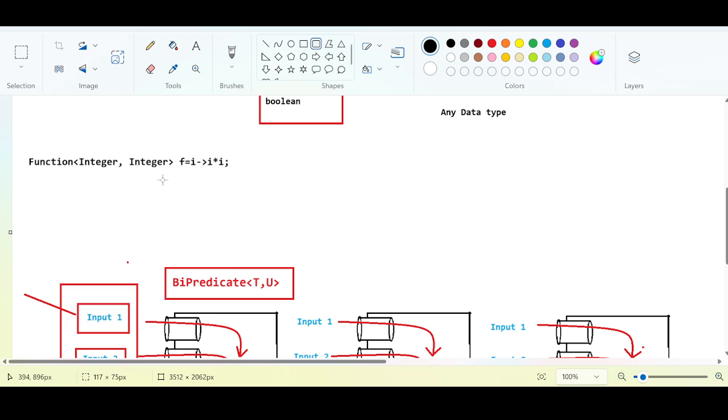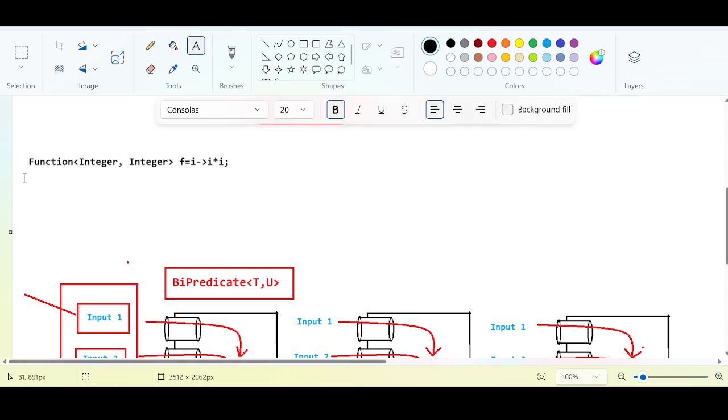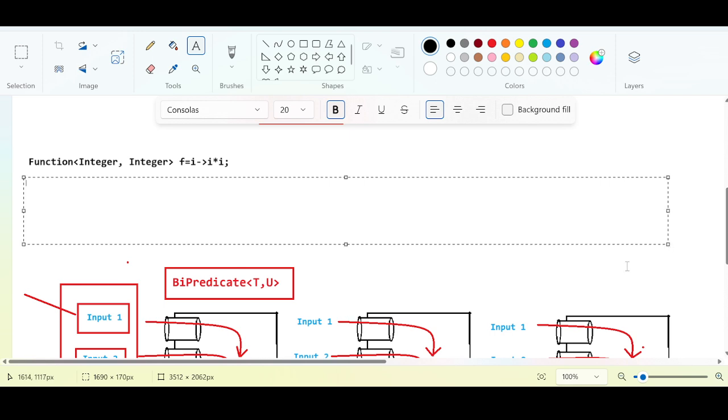But my requirement is, if I want to design a function which accepts 2 input values, then I must go for